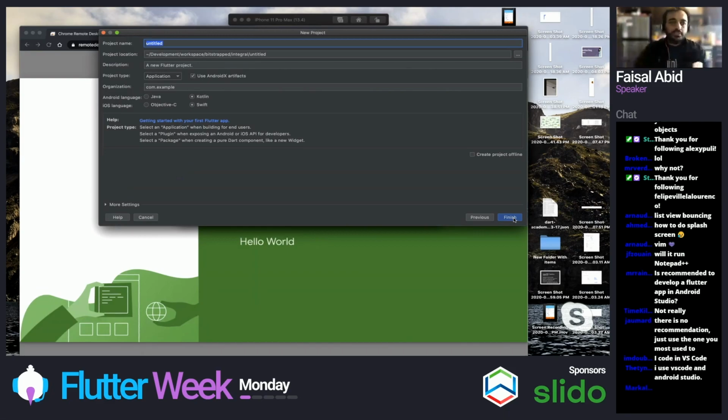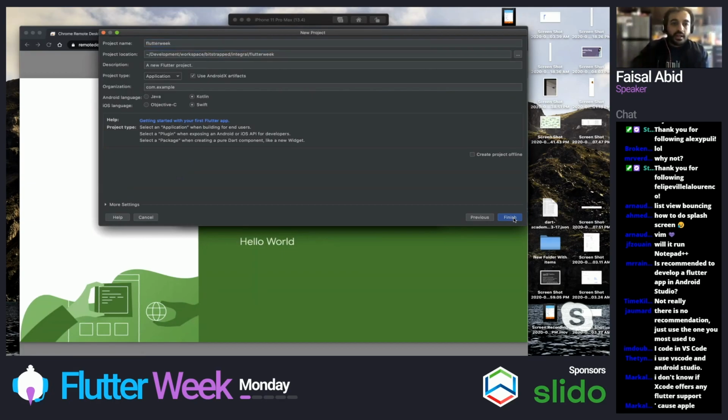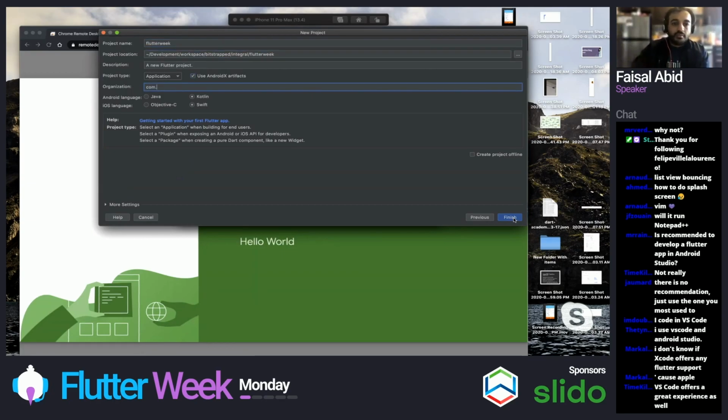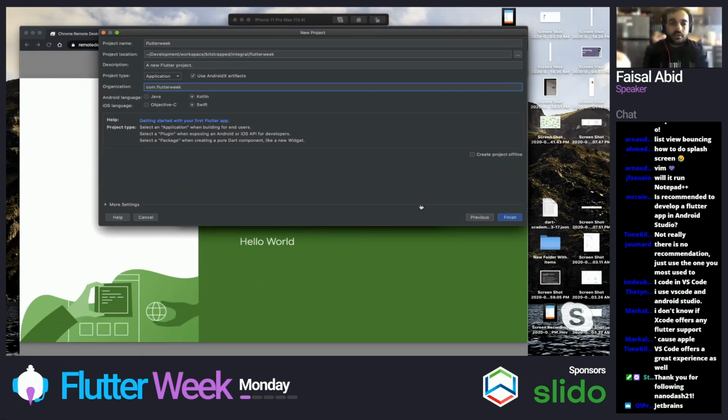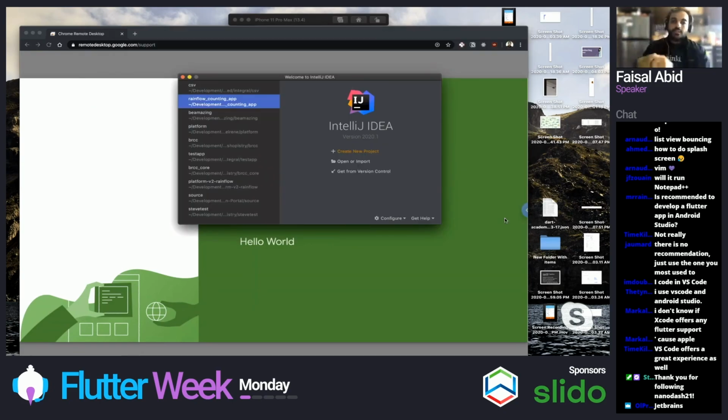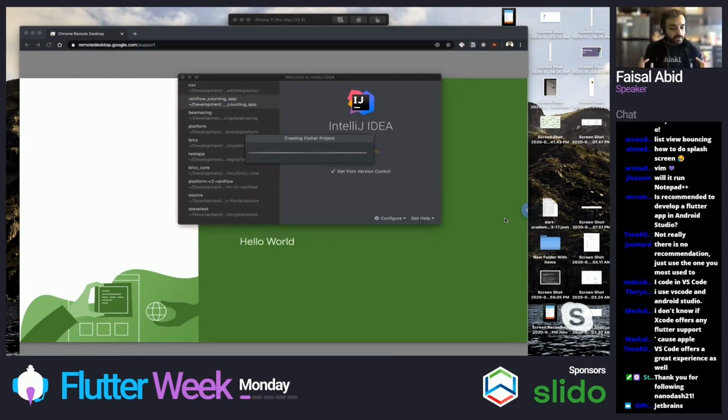So what I'm going to say is, all right, project name, Flutter Week, and organization is just going to be com.FlutterWeek. Doesn't matter, right? Organization is just the package name if you've done Android development, or organization ID if you've done iOS, right? So when I click finish, and this is one of the beauties about Flutter,